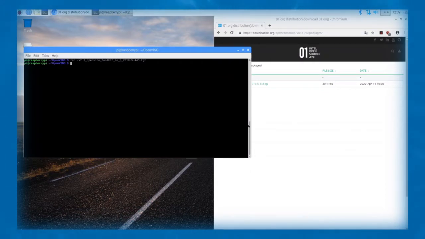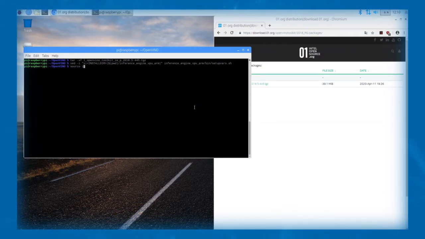Now, I will set up the environment variables. Using the source command, I will add the setupvars script to my installation directory. Now I will run it to set up the variables.